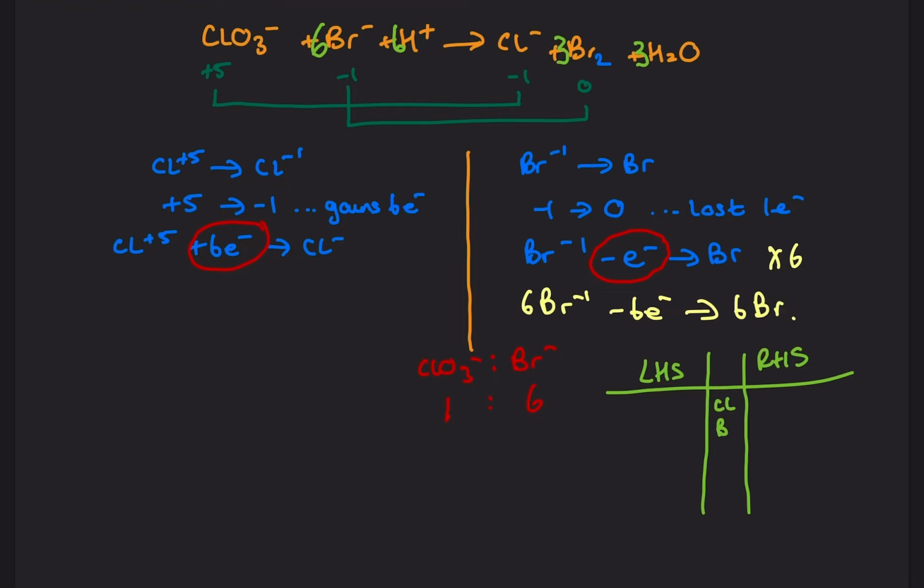Cl, Br, hydrogens, oxygens: 1, 1, 6, 6. Oxygens is 3, 3, 6, 6. So it's balanced, and I've kept that ratio, as you can see up here, 1 to 6 moles. Okay, so that's that. Hopefully that